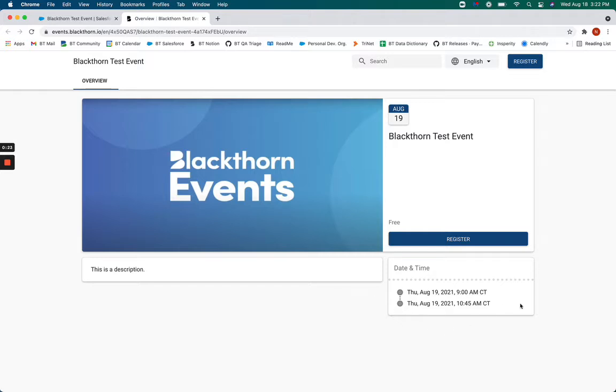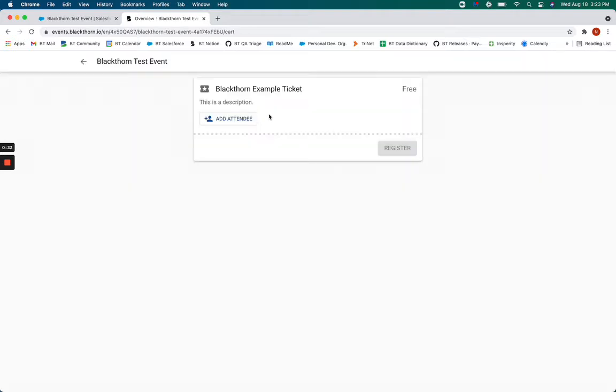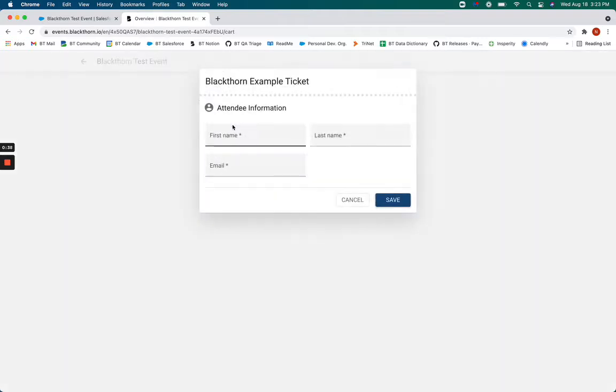Attendees are created whenever somebody registers for your event. So here we are on our Blackthorn test event. We've got our image and our register button is now appearing because I've added a ticket. I'll go ahead and click register, and I'll register for this Blackthorn example ticket. I'll click add attendee,